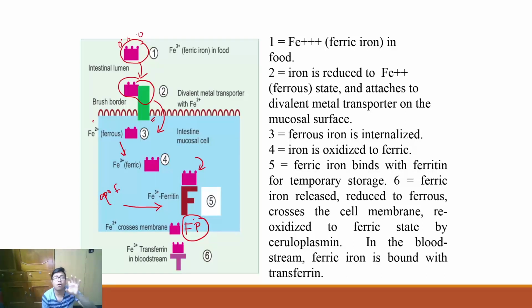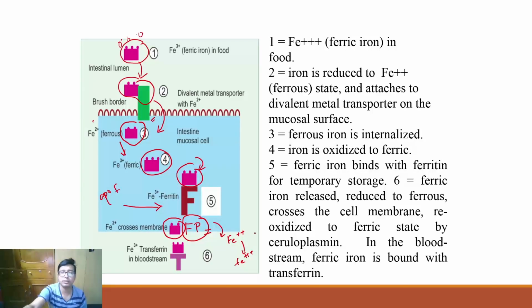Remember, you need to be very careful about what form is actually crossing the channel or mucosal surface and what form is being bound. Whenever iron is crossing the cell surface, it should always be in the reduced form. See over here, whenever iron was coming in, it was coming in the ferrous form. Inside it is converted to ferric form and stored in ferric form. But whenever iron needs to be driven out from the cell, it is again converted to ferrous form, and then with the help of ferroportin, it comes out as ferrous form. Again it gets converted to ferric form.